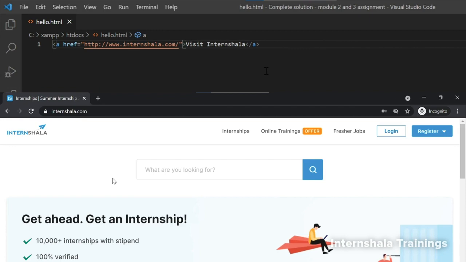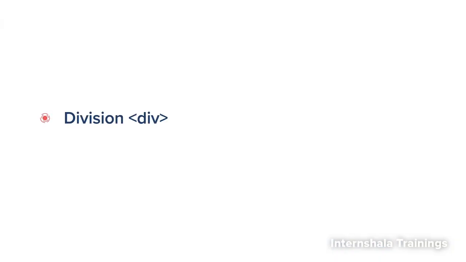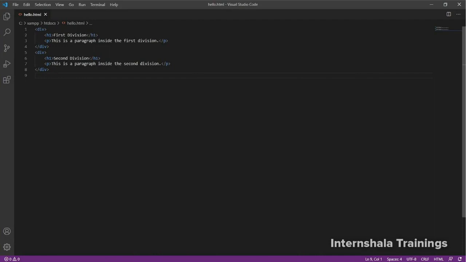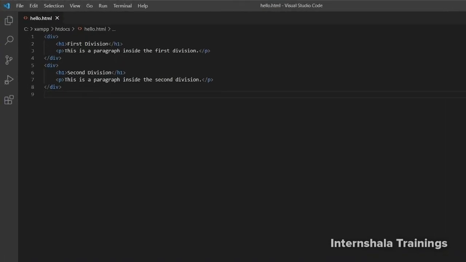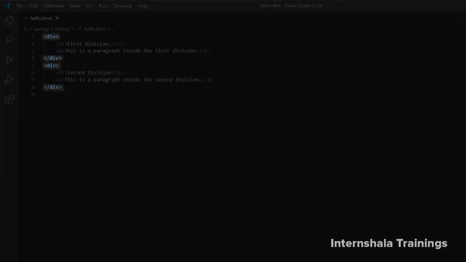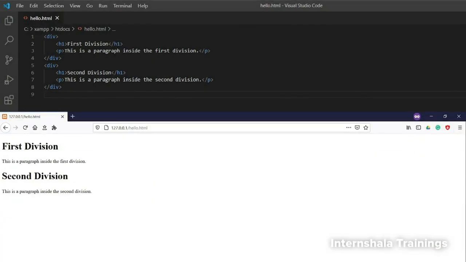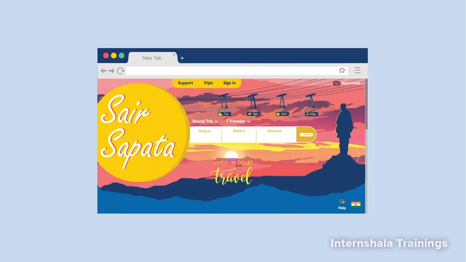The next important HTML tag we will discuss is the div tag or the division tag. These tags are used to create different divisions or sections on a web page. Let's have a look at this code in which we have used div tags here and here. If we execute this HTML code and see the response in our browser, we can see visually there is no change as we have very few elements. But believe me,